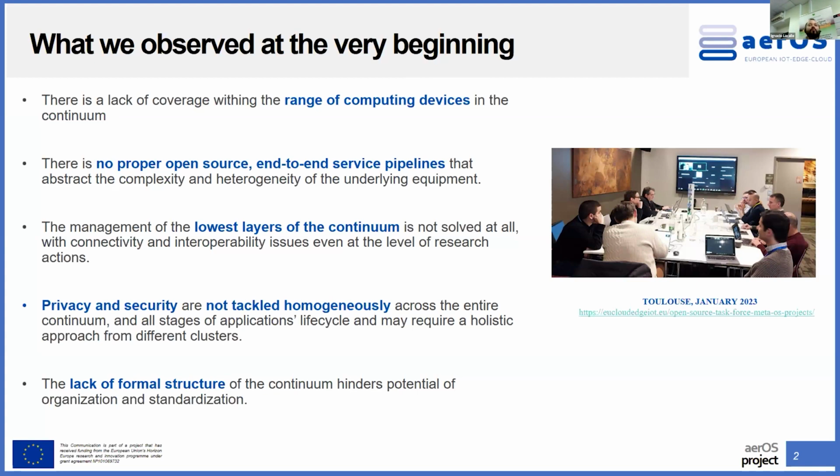Also, interoperability issues were clear in terms of data, network, technologies, connectivity, etc. We realized that in the state-of-the-art of the different projects. Also, although privacy and security are very hot topics in research and innovation, we realized that they are not tackled homogeneously. Different projects, verticals and use cases have their different concerns and bottlenecks with regard to cybersecurity and privacy. Therefore, we needed to tackle this homogeneously, or at least recognize the reality.